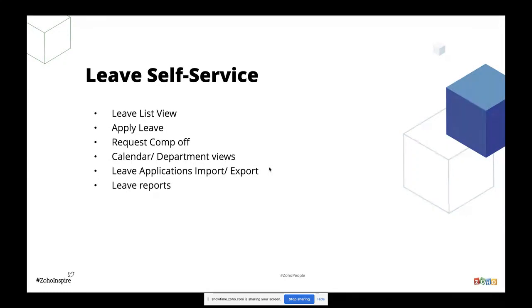And leave credit based on attendance or worked hours. Based on your attendance activity, we can provide the leave balance to the respective employee. That is an item in our pipeline. The last item is supporting analytics for leave data. We have a certain set of reports already defined in the system. In addition to the reports, we want to provide flexibility to HRs or admins so they can configure their own reports and use them for their own purposes. So this is all about the leave module.